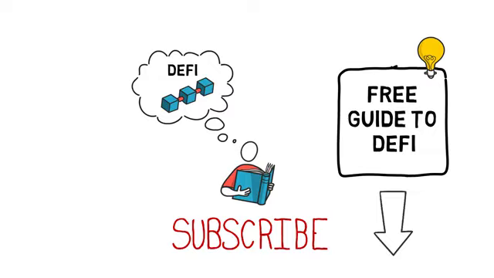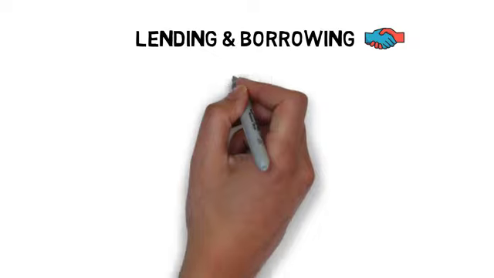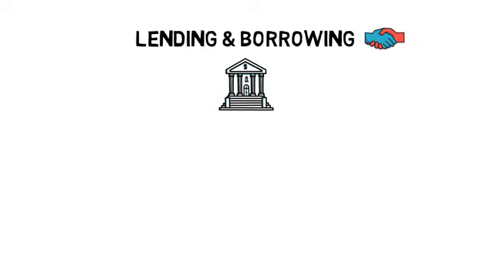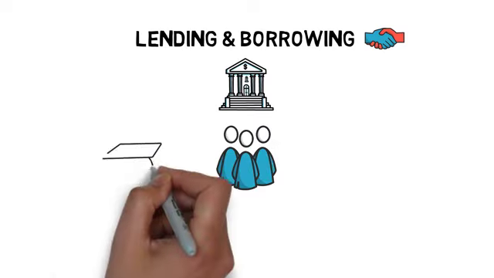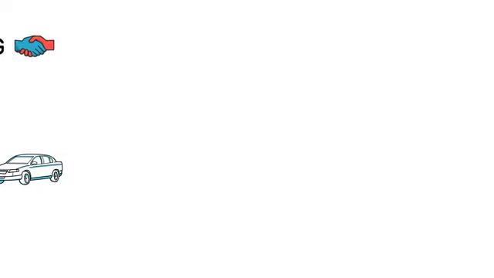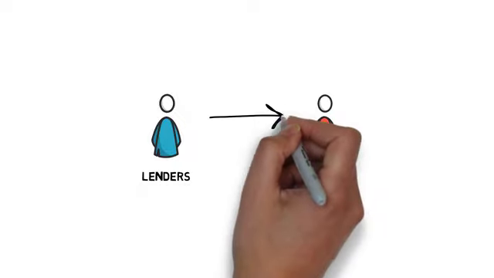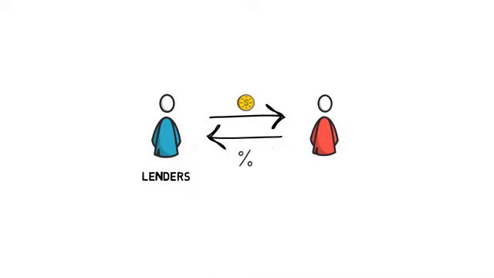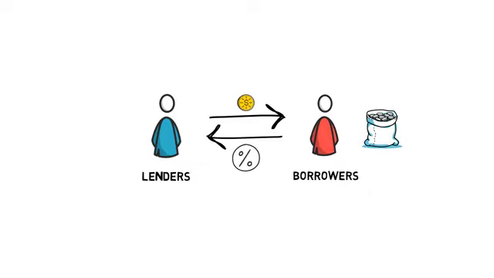Let's start with what lending and borrowing is. Lending and borrowing is one of the most important elements of any financial system. Most people, at some point in their life, are exposed to borrowing, usually by taking a student loan, a car loan, or a mortgage. The whole concept is quite simple. Lenders, aka depositors, provide funds to borrowers in return for interest on their deposit. Borrowers, or loan takers, are willing to pay interest on the amount they borrowed in exchange for having a lump sum of money available immediately.